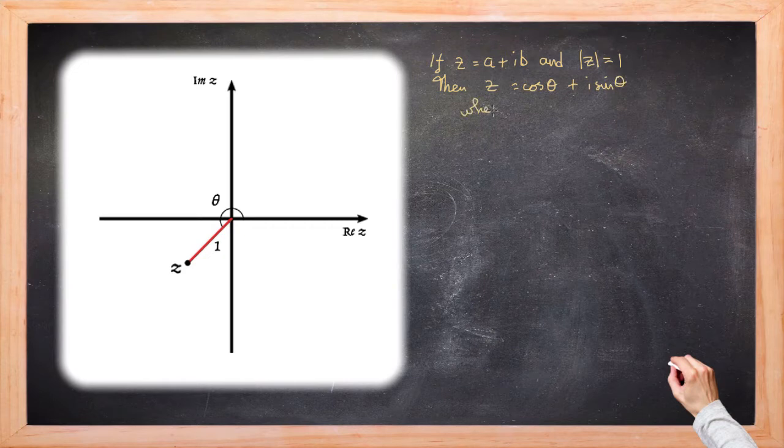And obviously we'd have a being cos theta and b is sine theta. So this is called the polar form,